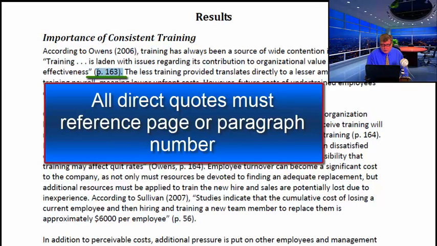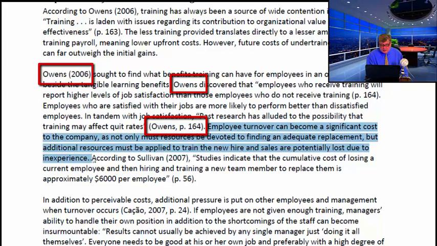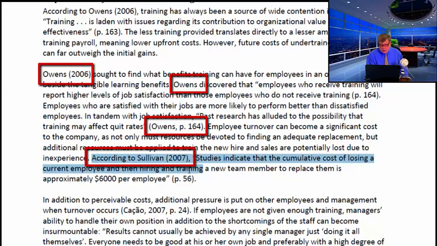Because this is a direct quotation, the page 163 appears at the end, and direct quotations must always have either page numbers or paragraph numbers following them. One other thing to point out about in-text citations, notice how often Owens is used in this paragraph here. Owens is cited here, 1. Owens is cited here, 2. Owens is cited here, 3. And then there is a sentence without any citation in it, and then Sullivan is cited here,